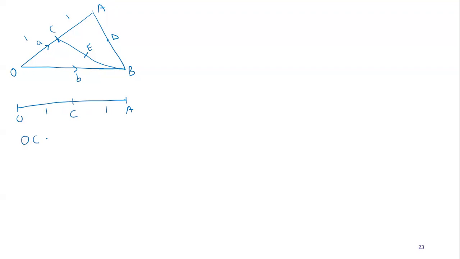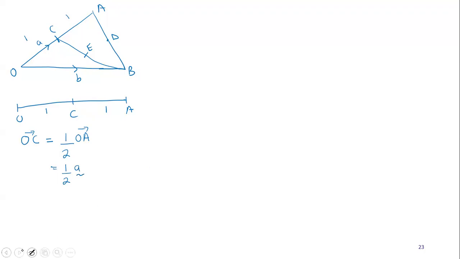Meaning that O to C will be equaling to, who can tell us in the chat, what is your O to C? Now, we are finding O to C. What is OC equaling to? I want now to first express our vector OC in terms of A. When you look at OC, how many parts? Very good. Good, Pauline. Very good. 1 out of 2. Very good. So OC is 1 part out of the 2 parts of our line O to A. But O to A is given by A, so OC is a half of A. Now that is the first thing.